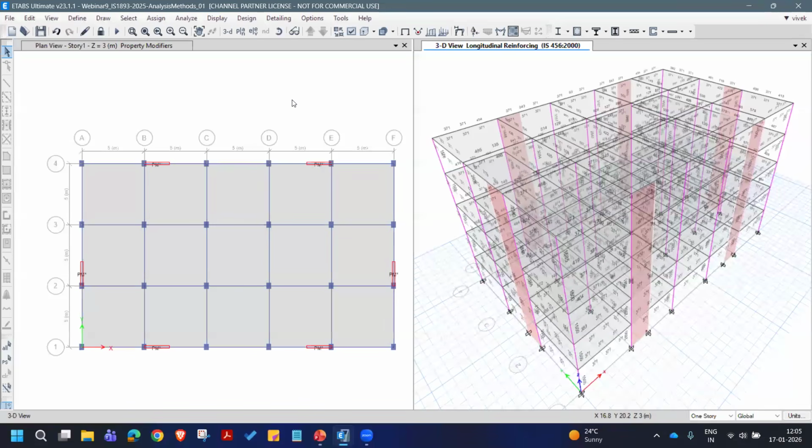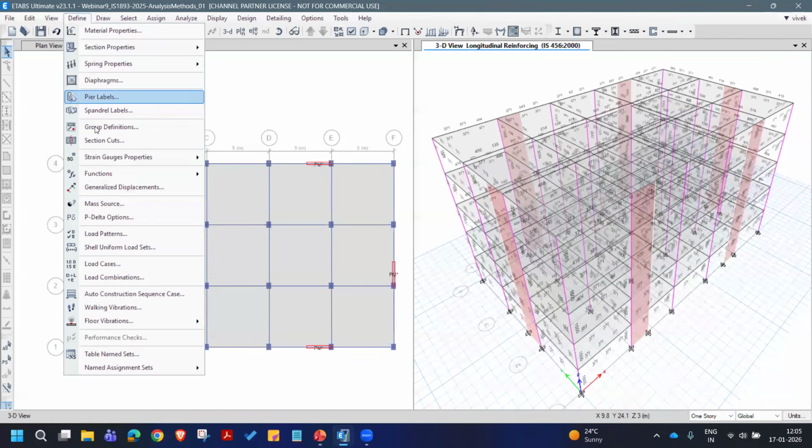So currently the code is suggesting to check for this stability index Q. If it is less than 0.04, then a linear P delta analysis is not required. However, our recommendation is always perform a P delta analysis based on iterative loads, which we usually do with the P delta options, or